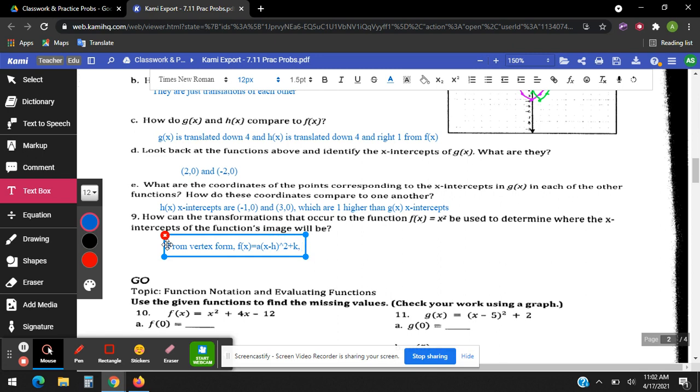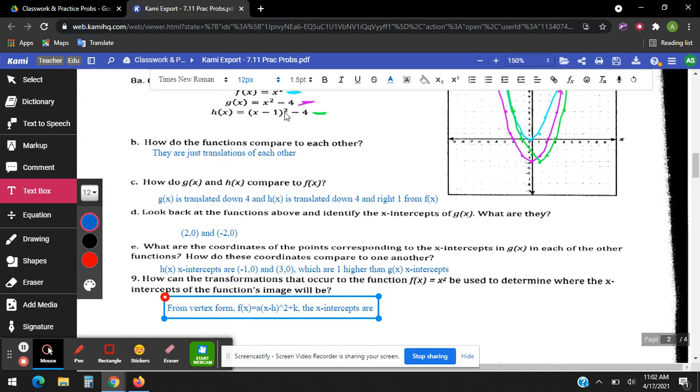So from this form, the x-intercepts are, we got here, let's see,